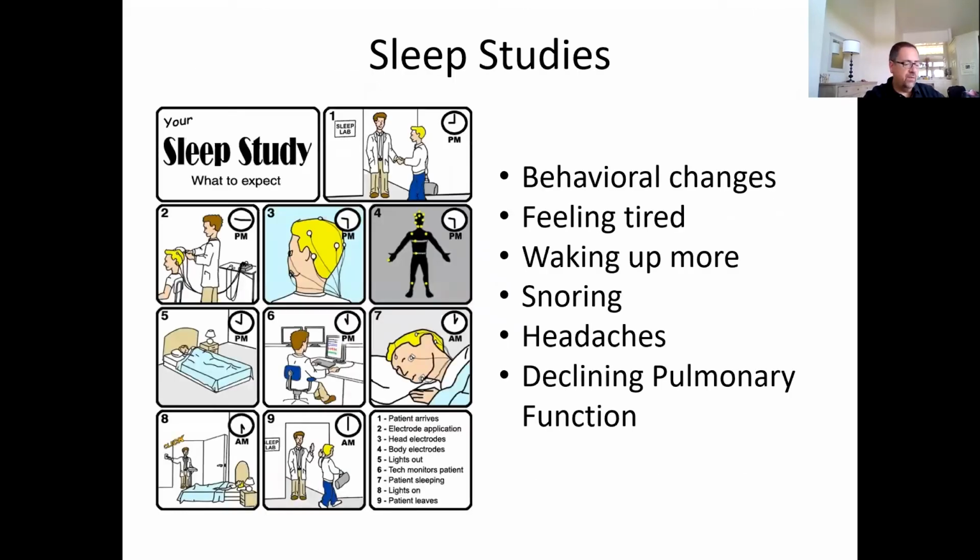So another thing that we do in the clinic, well, actually we don't do it in the clinic, but the things that we talk about in the clinic are sleep studies. Once somebody gets to a point where their forced vital capacity is about 50 to 60%, or if they're having any sleep time symptoms at night, or if they have lost ambulation, it's recommended that you have a baseline sleep study. Sleep studies aren't available really at every center, but I know that they are relatively easy to get at times. That technology is getting a little bit better, that some of them may be able to be